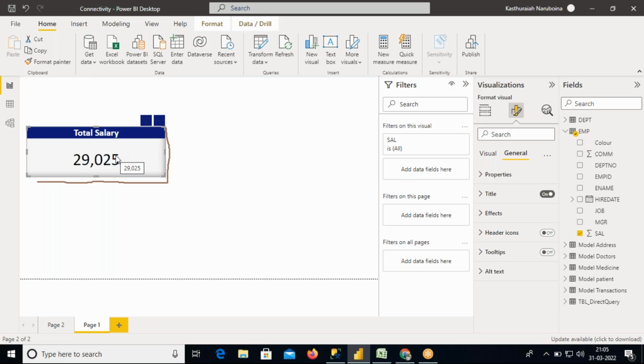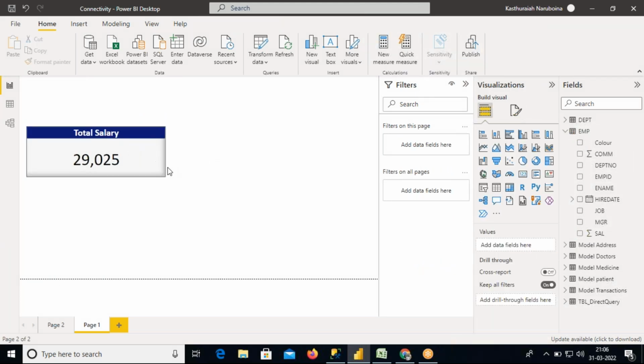visual, if you want to show additional information. Right now, in this particular card, we are showing only total salary. In case you want to show the commission value when we place a